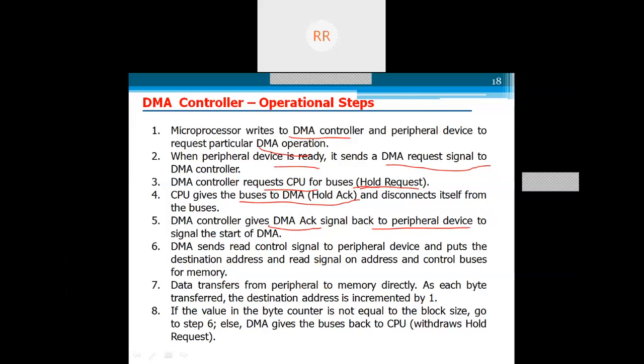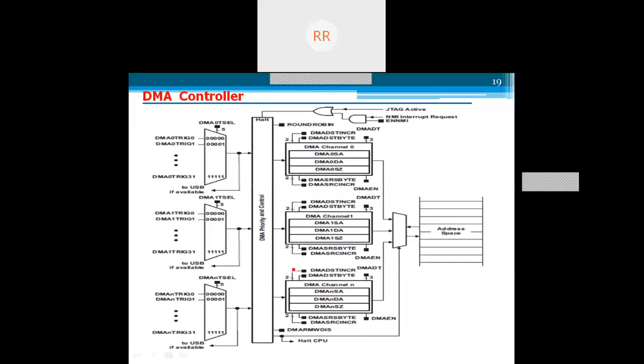The main operation is that it takes control of all three buses so that it can easily make the data transfer from different peripheral devices to memory, or memory to the peripheral device. So the two devices can exchange information at a faster rate. That is the purpose of the DMA controller.